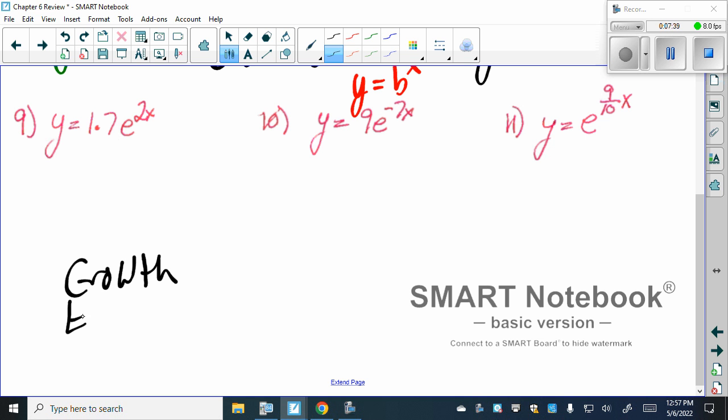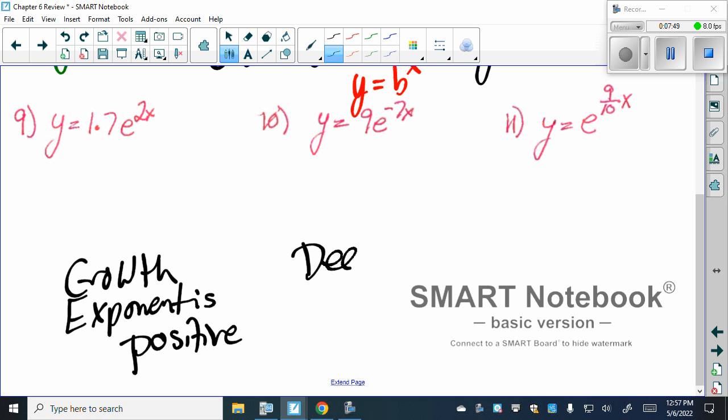if the exponent is positive, and it's decay if the exponent,